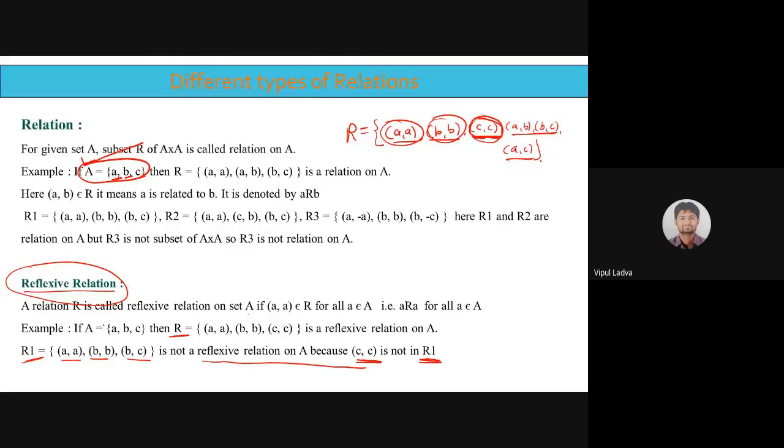Yes. Now for that, what you need to be sure of, just observe. We are talking about the relation on set A. In our set A, we have 3 elements A, B, and C. As per the definition, for every element of set A, we must have that relation with itself. So A is related to A, B is related to B. Both of these are present, but we are missing C with C. If C comma C is not part of the relation, then we cannot say that relation is reflexive. Then that relation is not reflexive.